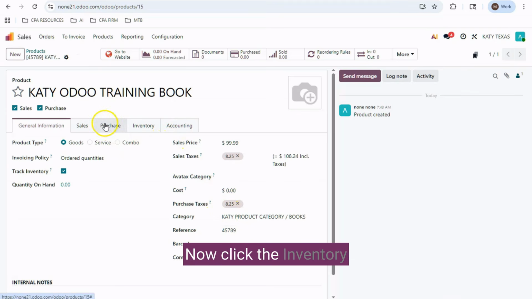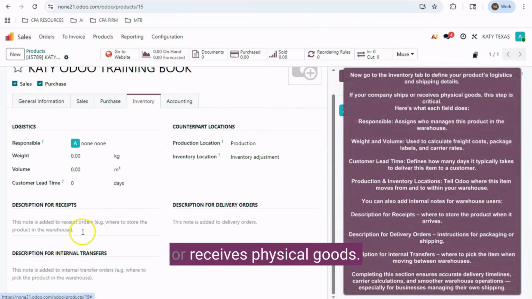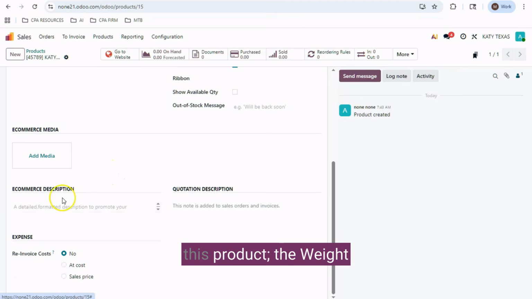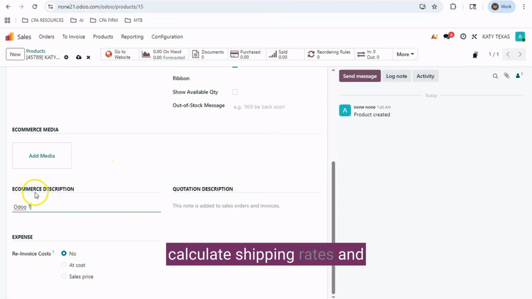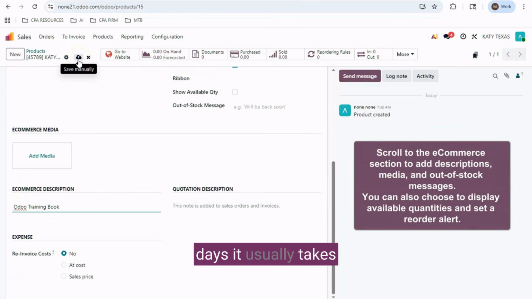Now, click the Inventory tab to define your logistics and shipping details. These settings are essential if your company ships or receives physical goods. Here, you can specify the responsible user, the warehouse staff managing this product, the weight and volume, used to calculate shipping rates and generate package labels, and the customer lead time, which defines how many days it usually takes to